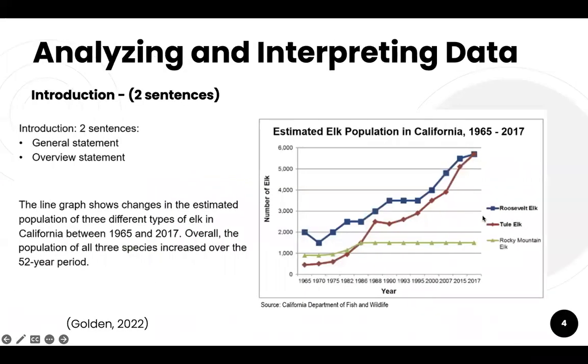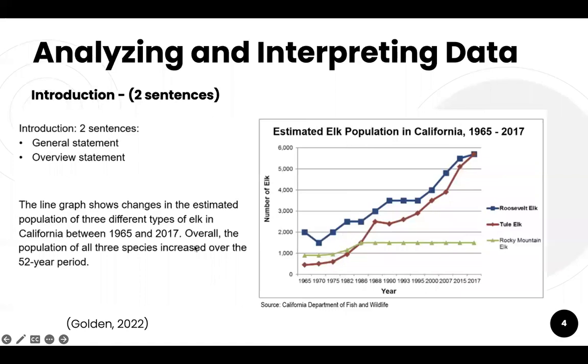So, what is the first thing that you need to present in your graph? Of course, every essay requires an introduction. When you introduce your interpretation of data, you need to consider the general statement. The general statement presents what the graph is about, looking at the title, right? And the overview statement is actually the general picture or the trends that you